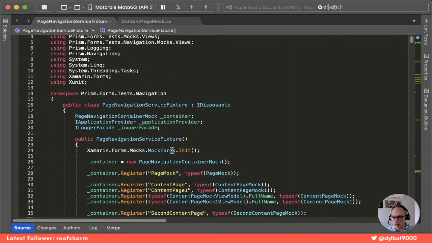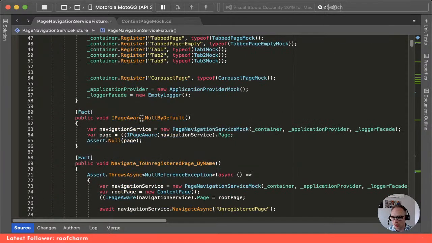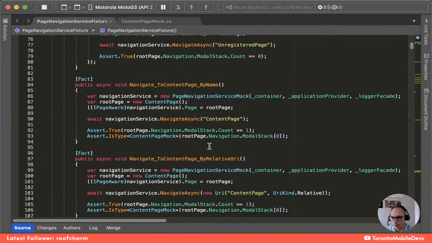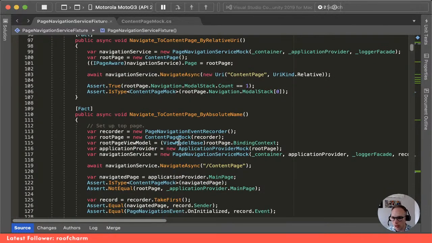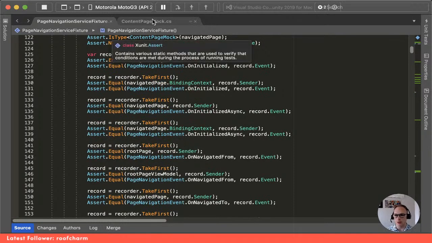This application provider contains the bits that have that recorder in it. It's being used in some of the page application provider. Okay,